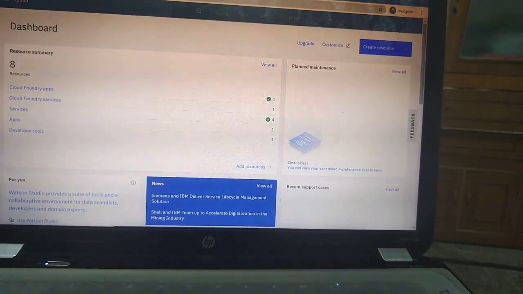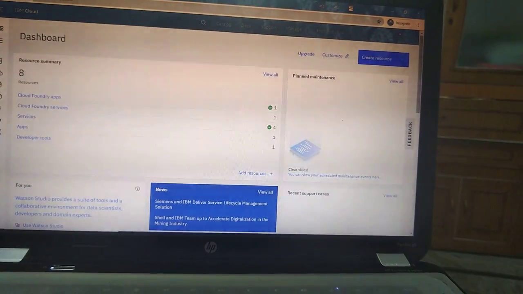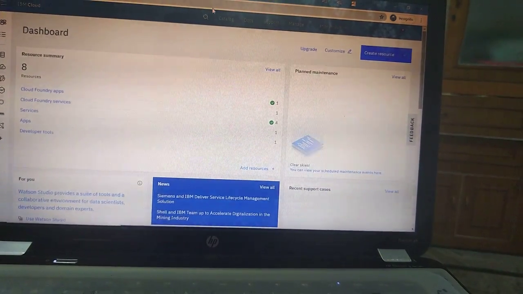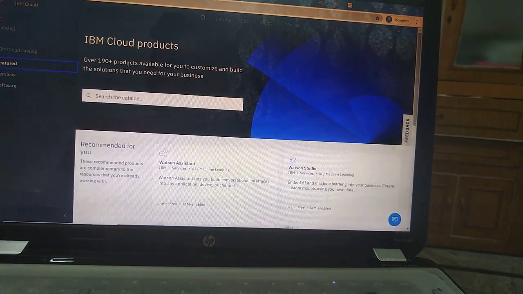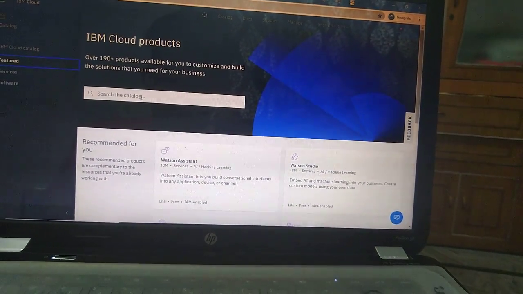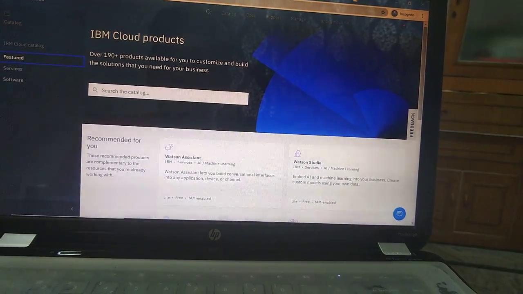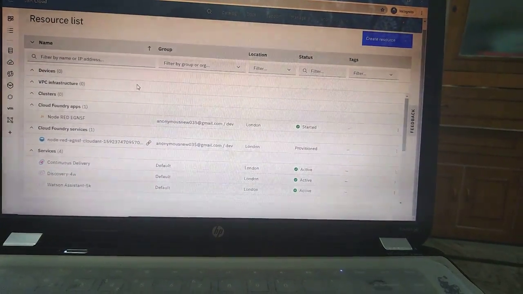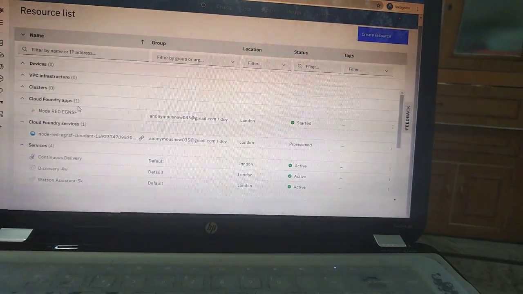So we need an IBM account. This is my IBM account dashboard. And first of all, we need to download all our required resources from the catalog section by going here, which takes us here. So here we can search and download Watson Discovery, Watson Assistant, Node-RED, and Cloud Function, which after installing will be shown here. And from here we can directly move on to